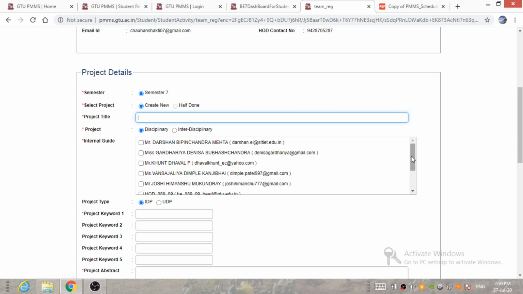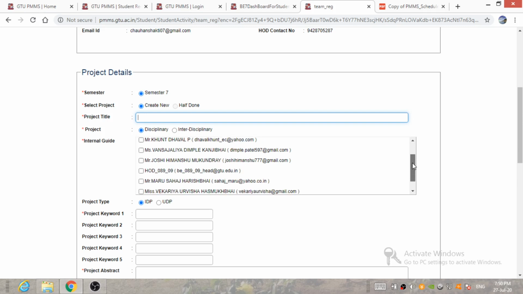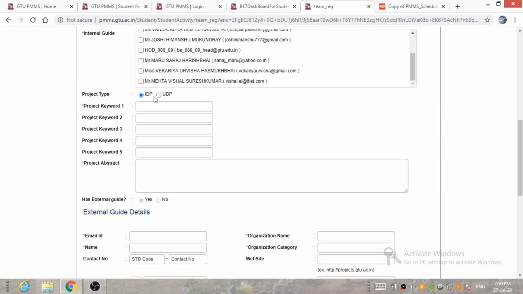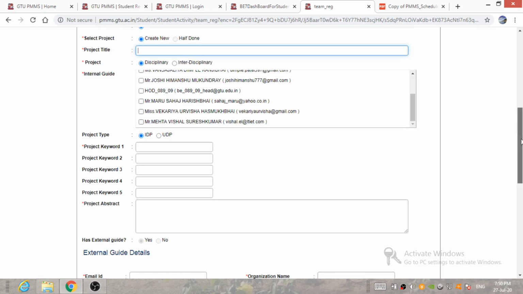After that, you have to select your institute guide. After selecting the guide, you have to enter the type of project. If you are doing an industry defined project, then you have to select IDP. If your project is a user defined project, then you have to select UDP.